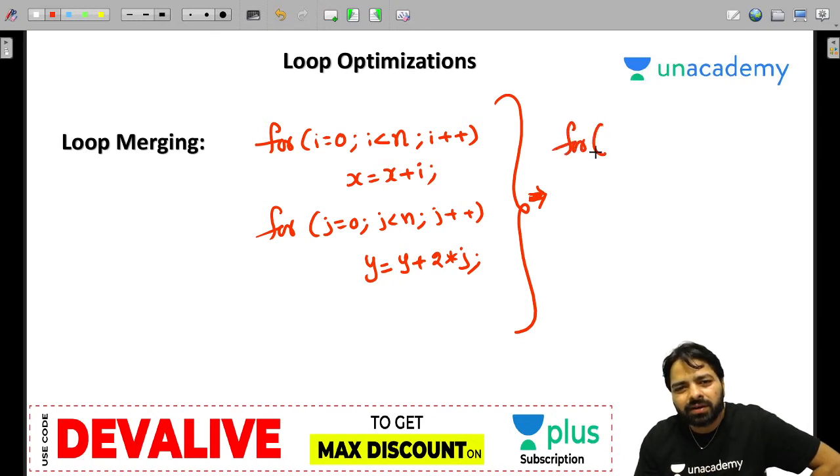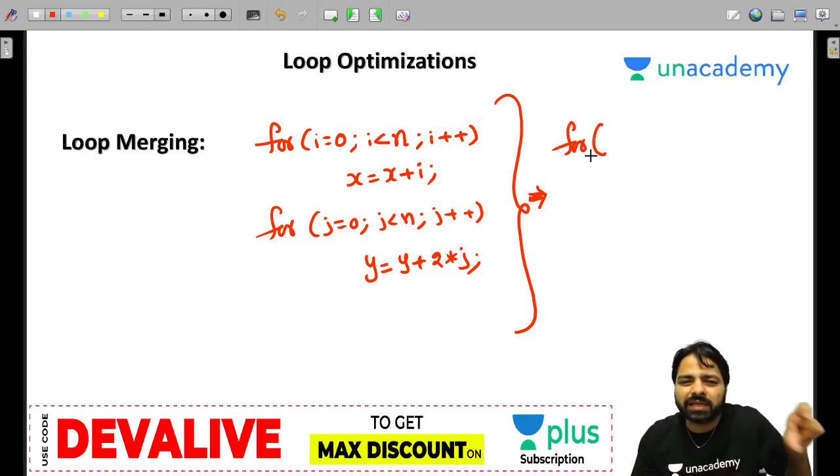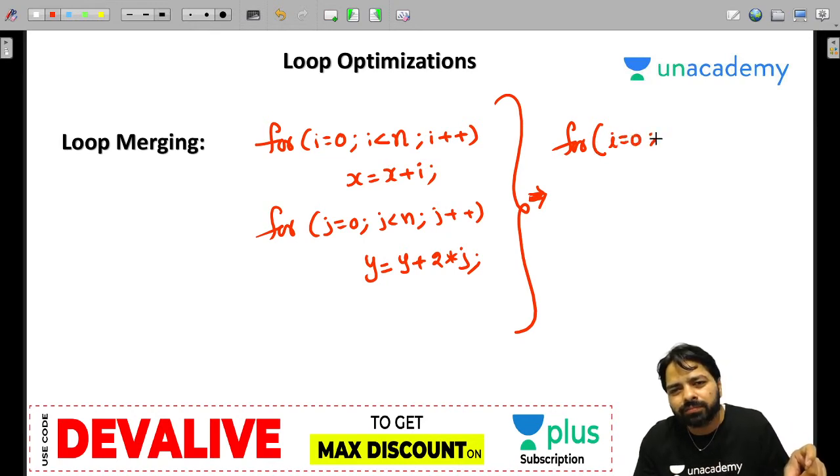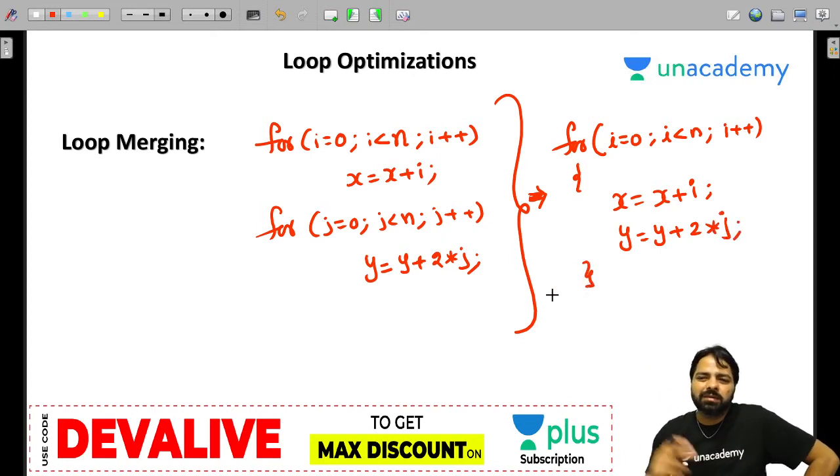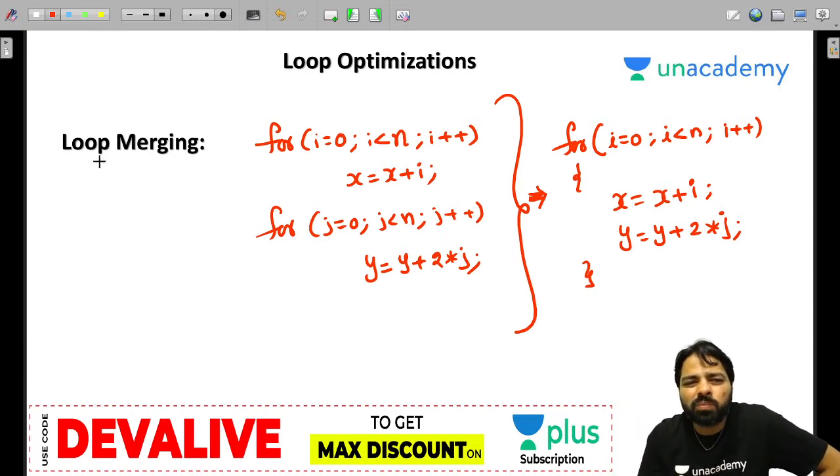Can I mix them? Both are repeating the same number of times, so I can use one variable. It's called loop fusion or loop combining.